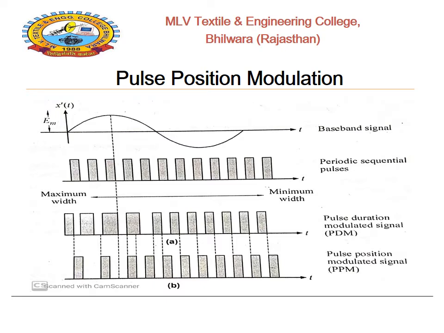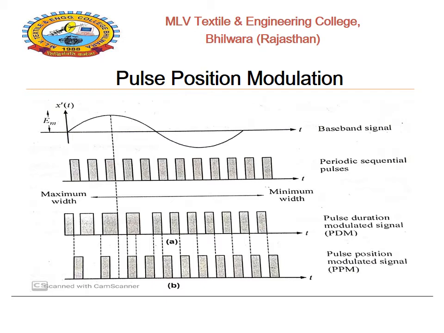Pulse position modulation. In pulse position modulation, the position of each pulse is changed with respect to the position of a reference signal. This change in position occurs in accordance with the instantaneous sampled value of the modulating signal x dash of t. The amplitude and width of the pulses remain constant. The transmitter is required to send synchronizing pulses to maintain the transmitter and receiver in a synchronous manner. As the pulse height, that is amplitude, and width are constant, the transmitter keeps a constant power output.